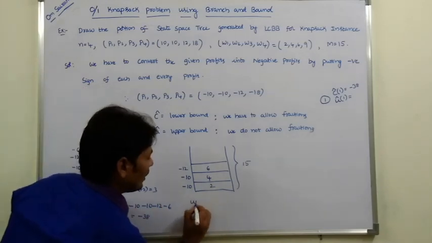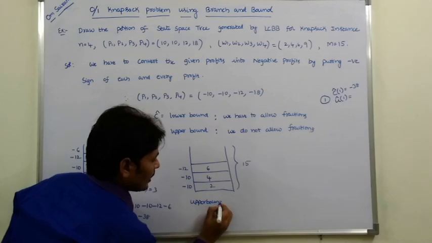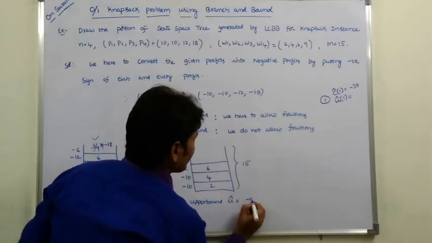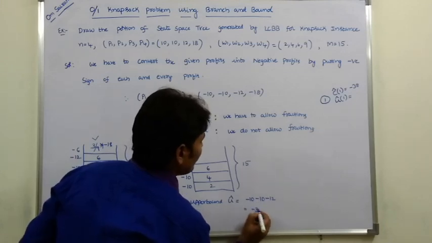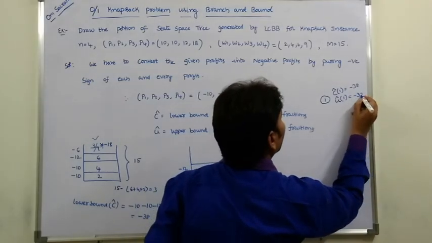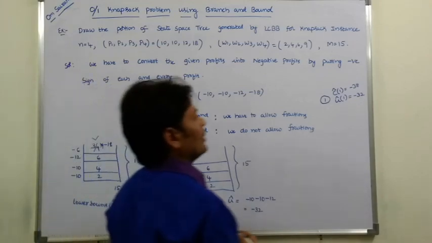So therefore upper bound U cap is equal to minus 10, minus 10, minus 12. So that is equal to minus 32. So U cap is equal to minus 32. Okay. Next,